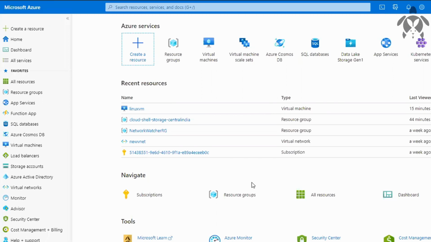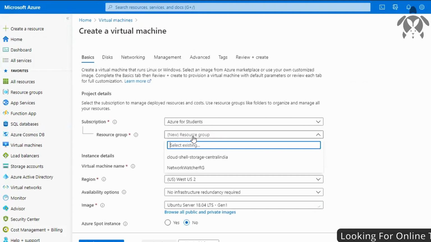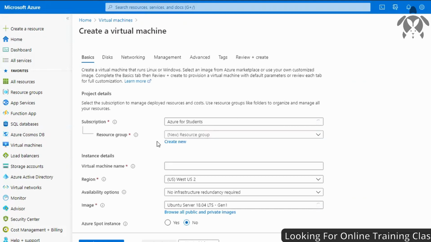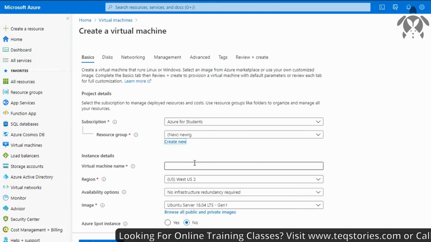Today we are gonna see how you can create a virtual machine in Azure using Linux OS. In order to do the steps, you need to click on virtual machines here, and then you need to add a virtual machine, and you can choose your existing resource group or you can create a resource group. As of now, I'm gonna create a new resource group called new RG,